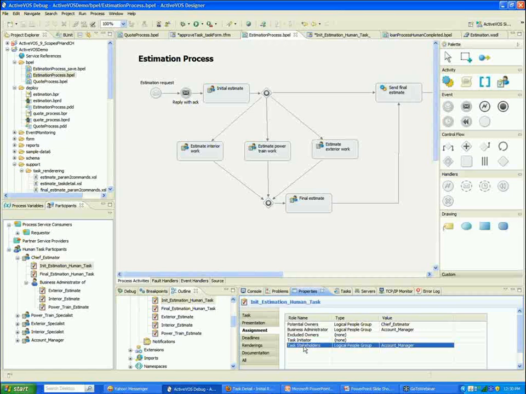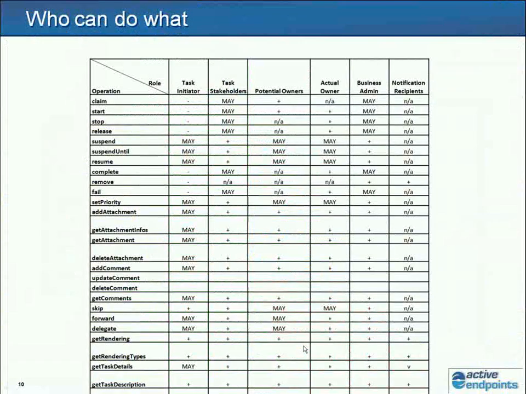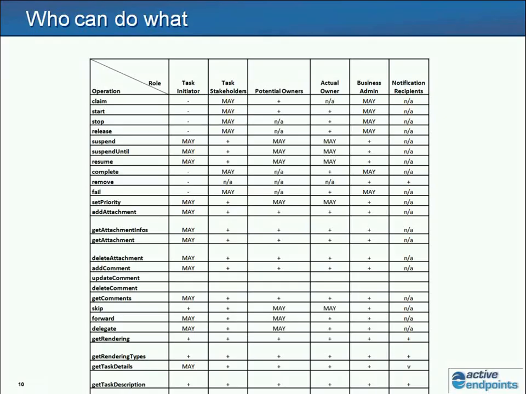this task. Now, the reason why you're standardizing on all these roles is because each of the roles have different things they can do. And I just pasted a subset of the spec. These are some of the operations that are standardized in WS-HT. And these are the various roles. Oops, back up. These are the various roles and what can be done, can and can't be done by each